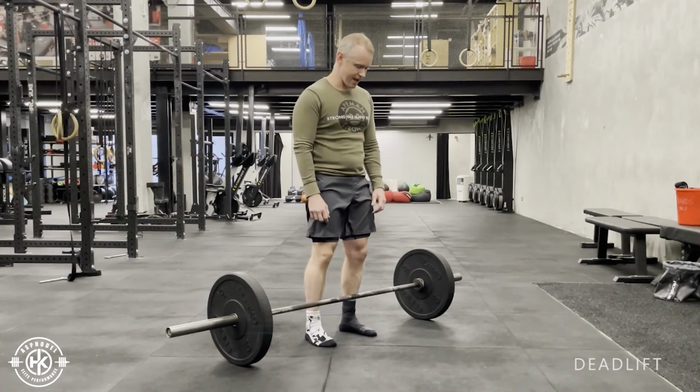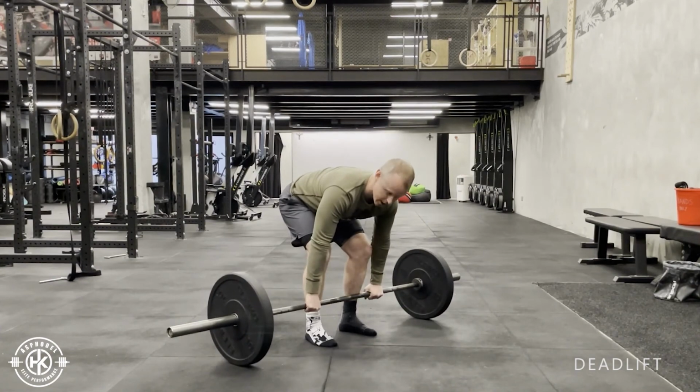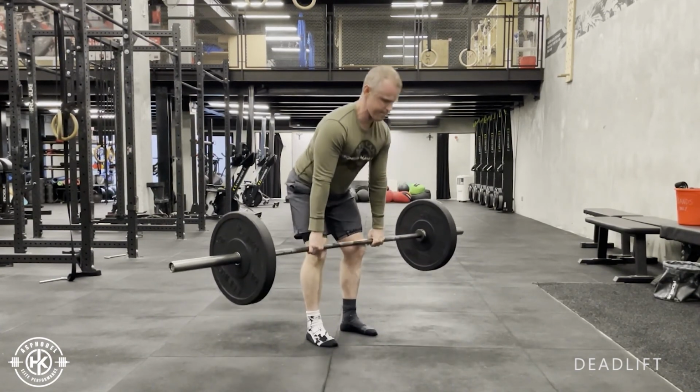So what I mean by that is we don't want to see where we dip down and kind of yank the bar off the ground. You want to pre-build the tension, lift up, pop,